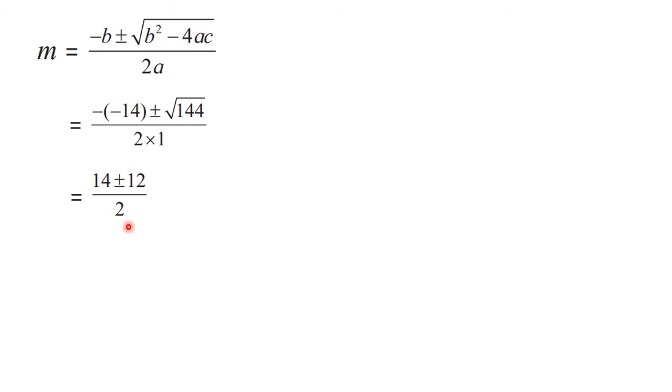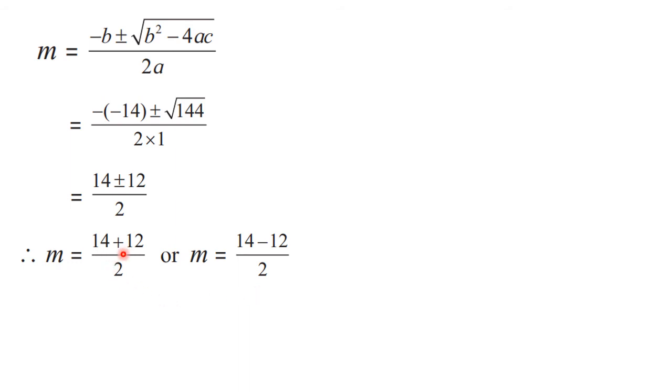Now in next step, you are going to separate. That means you are going to write alpha and beta. Okay. But here we are not going to write alpha and beta. We are going to use the same variable m. That m is either equal to 14 plus 12 upon 2 or m is equal to 14 minus 12 upon 2. Okay, don't write alpha beta. Use the same variable. Alpha beta are the general terms given there. Okay, so once you take plus and once you take minus.